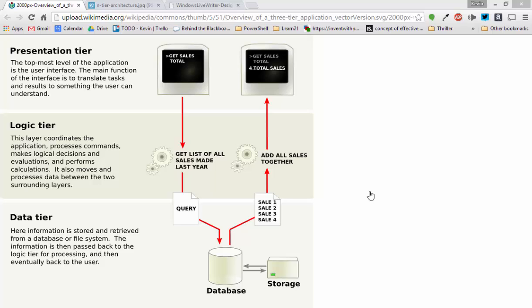N-tier architecture, or multi-layer architecture. How many of you are familiar with that concept? Okay. All right, so the idea of n-tier architecture is that you're going to take your application and not make